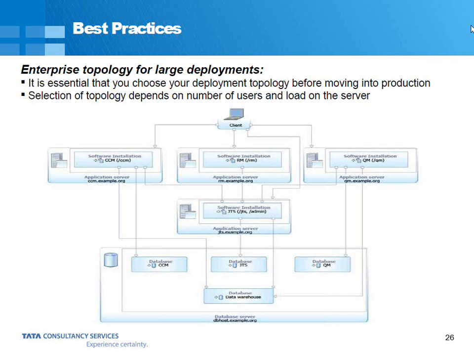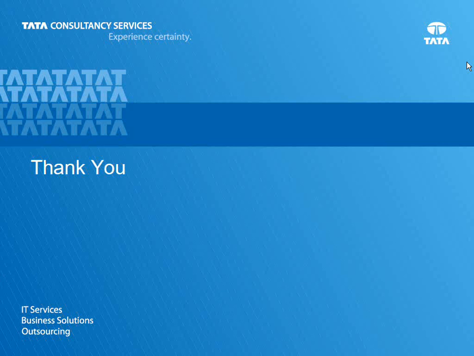Based on the calculation or the test artifacts size, and on the number of users, we can define the hardware sizing. Given the time, I was not going into details, but this is the